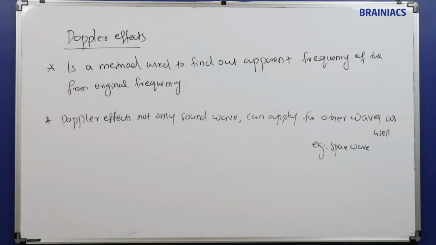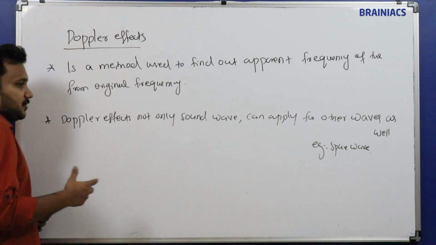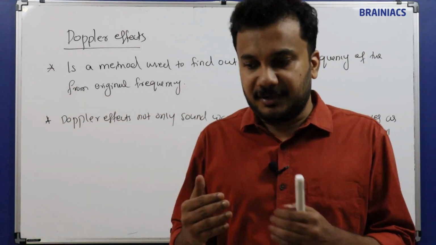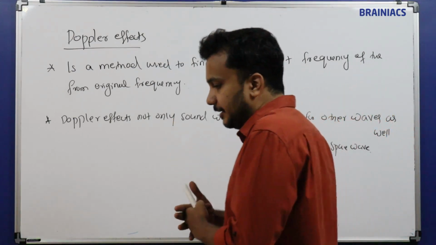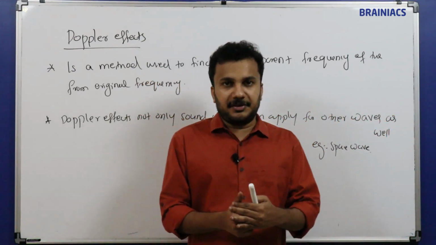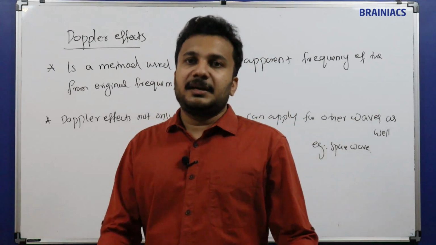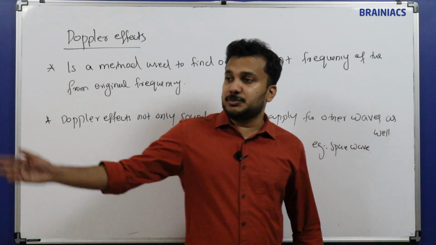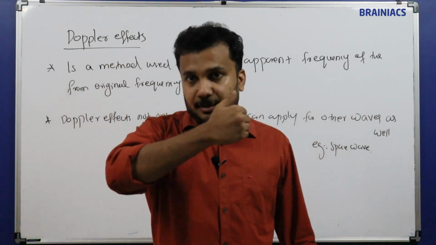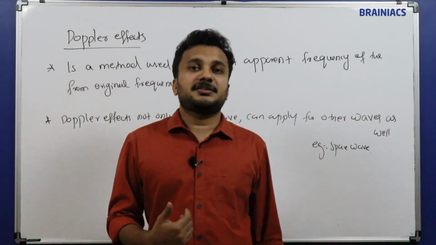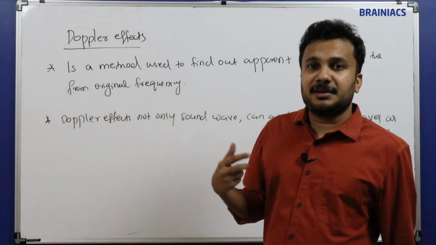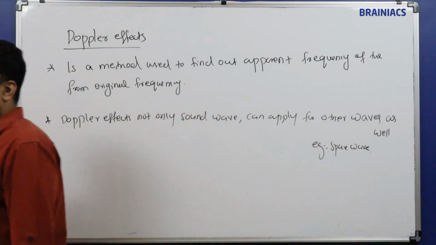Whenever there is relative motion between the observer and the source, the original frequency of the sound cannot be heard. If I am standing in the station and the train is at rest, then I can hear the original engine sound of the train. But if I am running on the platform, or the train is moving, coming to the railway station and leaving from it, then I can't hear the original sound from the engine. Instead, I will hear an apparent sound, or apparent frequency.